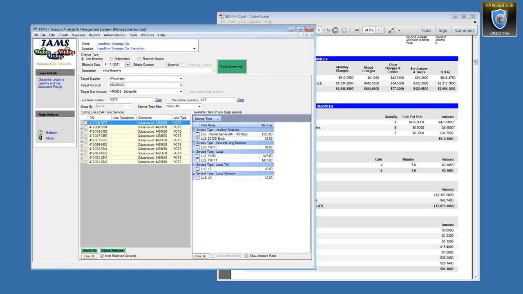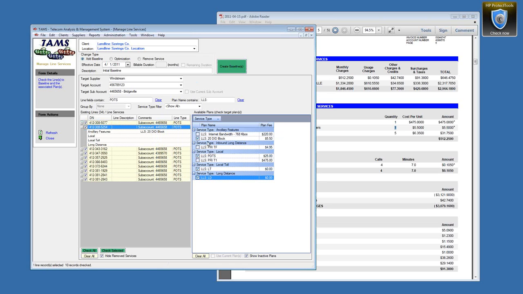And then when we come back, because we now have POTS lines and we're filtering on only POTS lines, we can check all these and add that POTS line with perhaps the same local toll and long distance to all of those lines simultaneously. So we just added 40 history records that they now have. Oh, and of course I unfortunately left DID on there too. We could eliminate those. I'm just illustrating the mechanics of this form, creating the different plans that mirror the service types that are available in the industry,